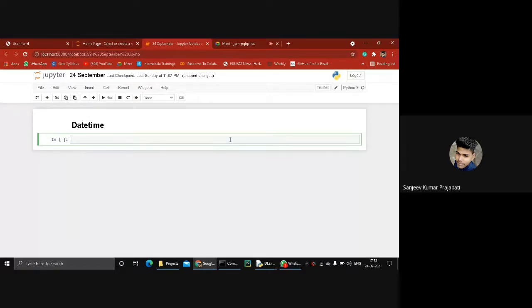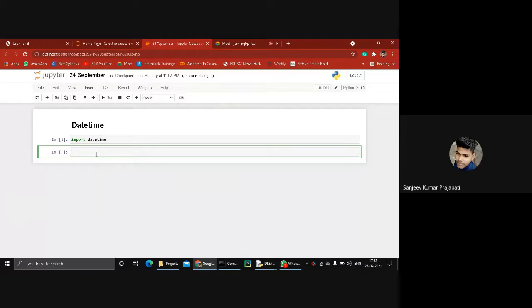Basically this module is used to perform date and time operations. Let me give an example. Import is a keyword used to fetch all the data available in this particular module. Just type import datetime.